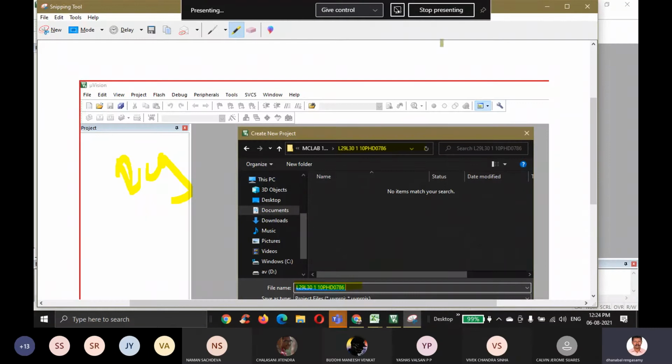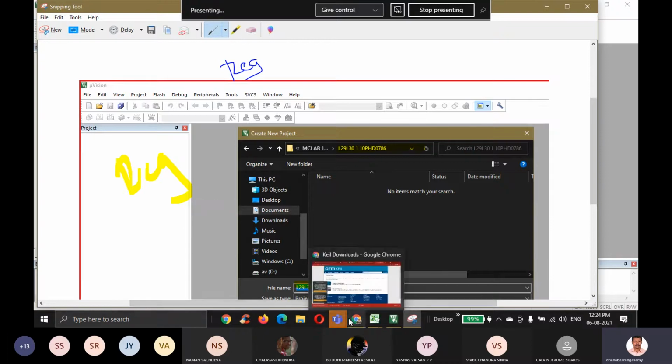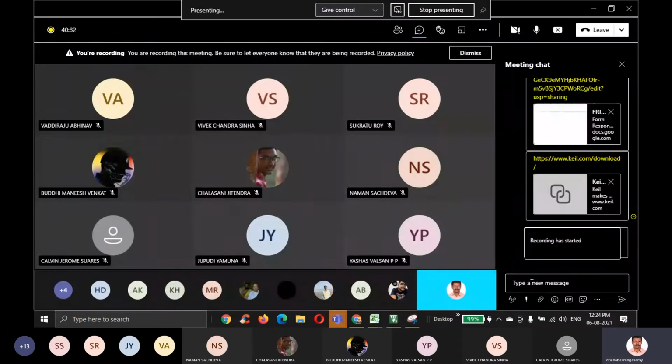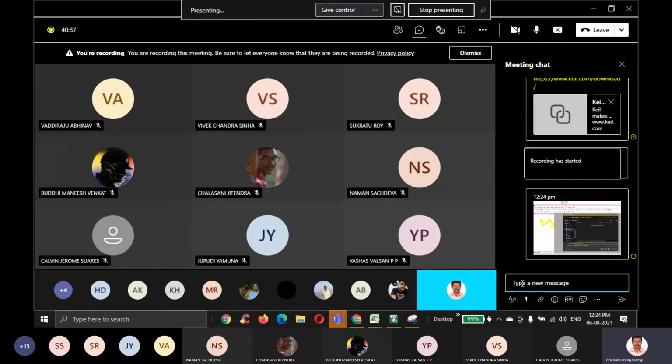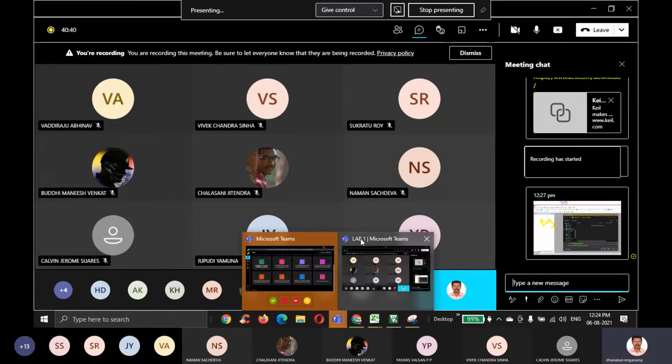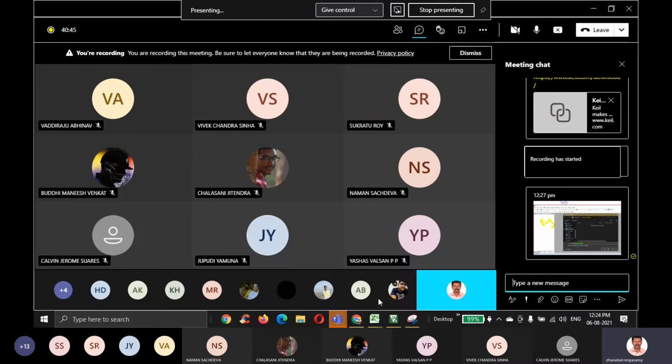Now you are able to see this snipping tool. Here there is a highlighter. You can use the highlighter or the pen. You can mention anything, whatever you want to give as a manual calculation or anything related to that particular file what you are uploading, and then you can use highlighters, copy it, share it. If you use laptops, it will be better for your laboratory purpose. So whenever I'm asking, you can share the screen like that. And for getting your attendance, everything, you can switch on the camera and use this way of sharing.